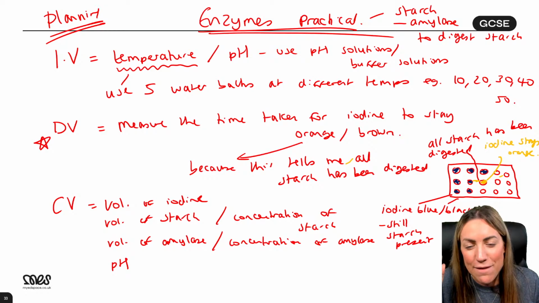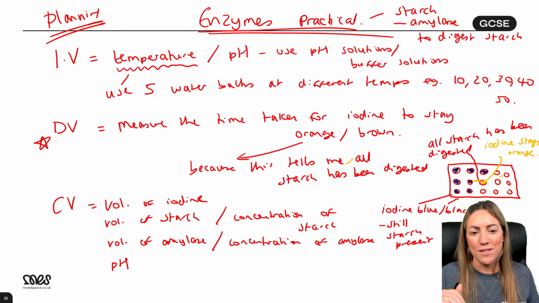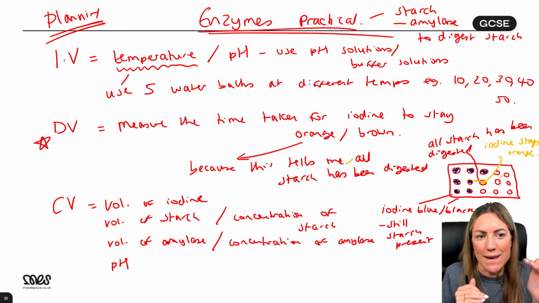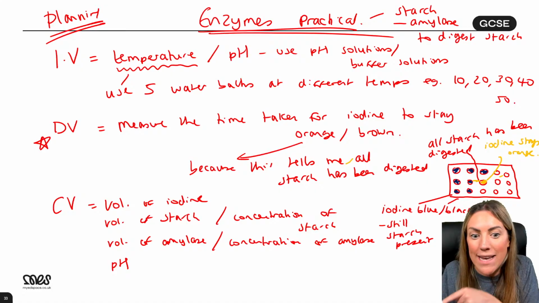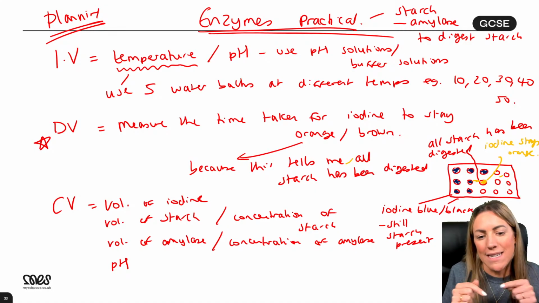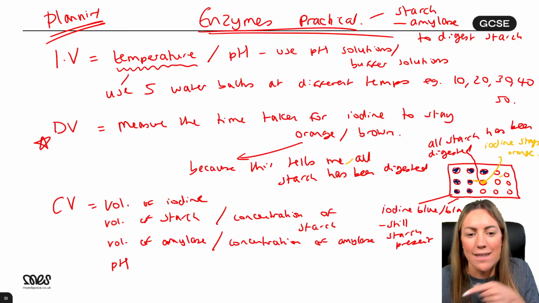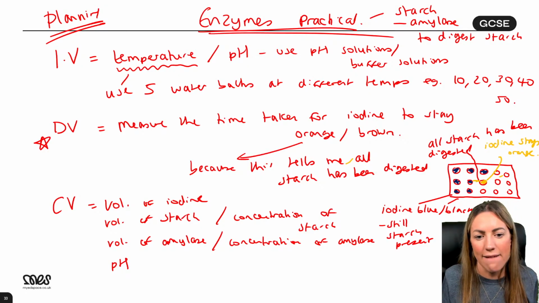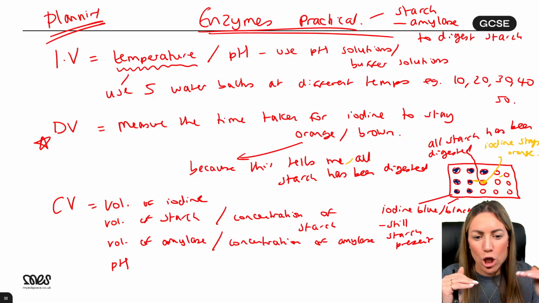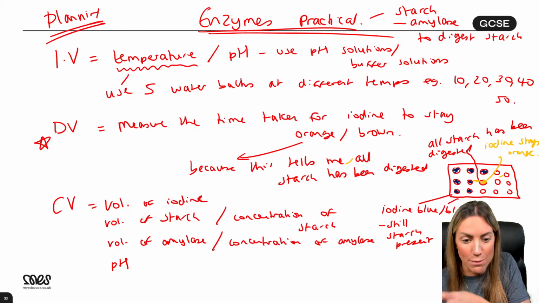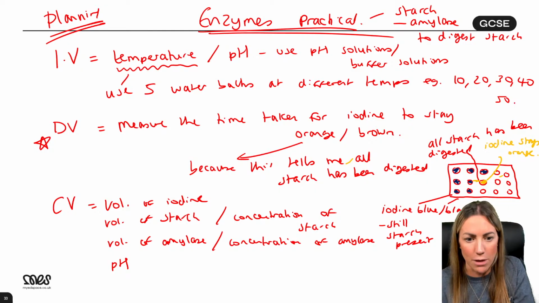Amar, if you just list the variables, that's not good enough because it's not a method. But what I'm saying is use that as your like crib sheet. So if you think, what's my independent variable and how am I going to change it? What's my dependent variable and explain how I'm going to measure it? Do you see what I'm saying? I'm not just listing the variables, but I'm using those as my cues. I put the variable and then explain how I'm going to do it, right? How I'm going to change it, how I'm going to measure it.